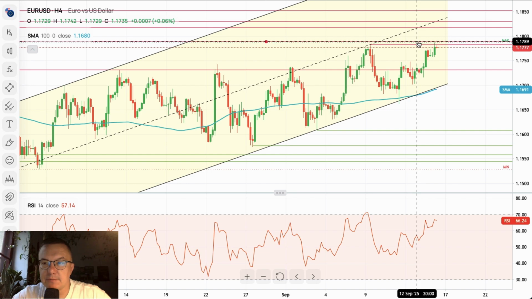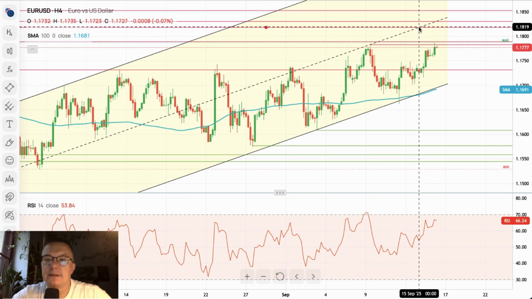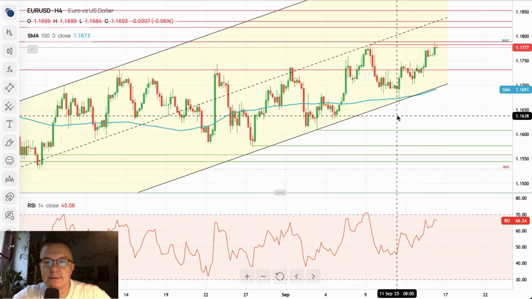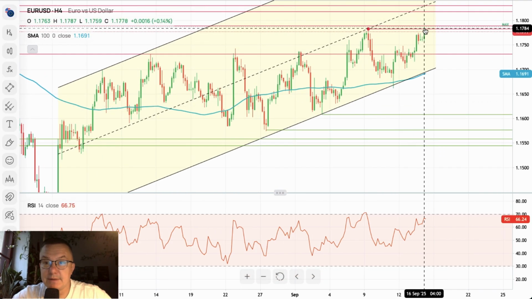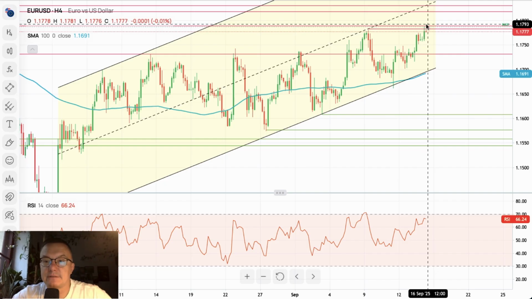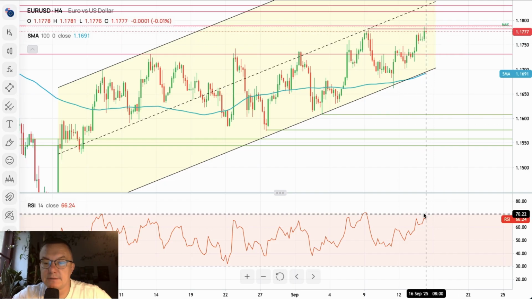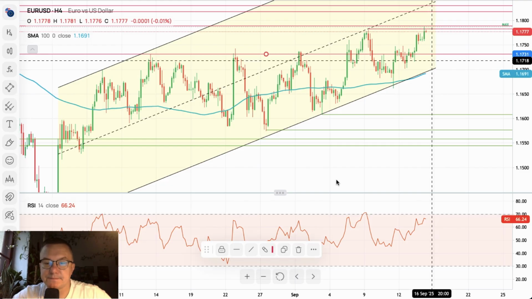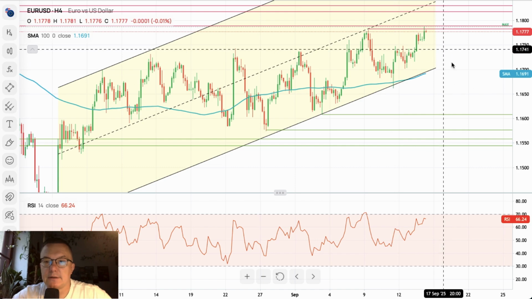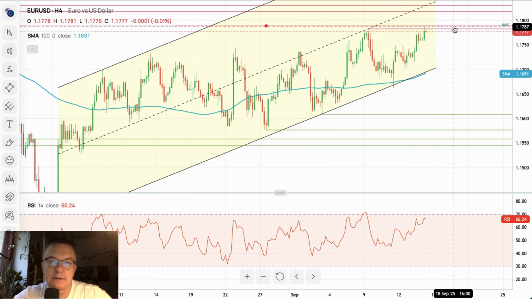They need to break above 1.1789, 1.1819, 1.1831, and 1.1851. This is the swing high. That is the target for the bulls in this movement to the upside. Of course, please keep an eye on the current situation, because the market might reverse lower, especially because it's very close to the extreme of overbought conditions. So it won't be a surprise if the market goes a little bit down before the uptrend resumes.